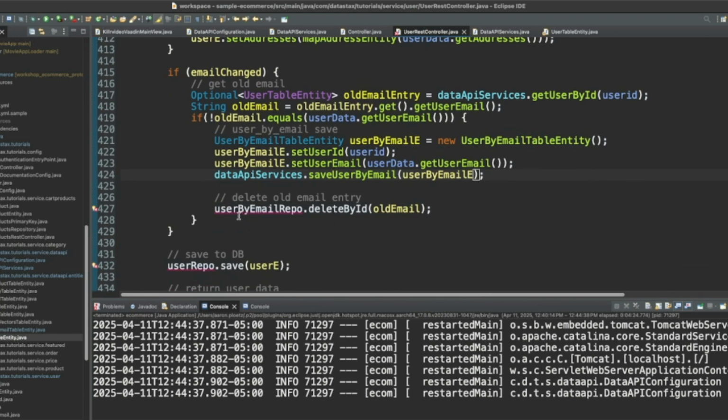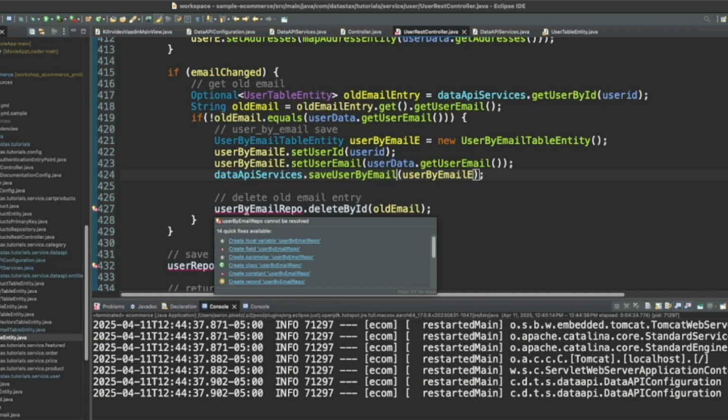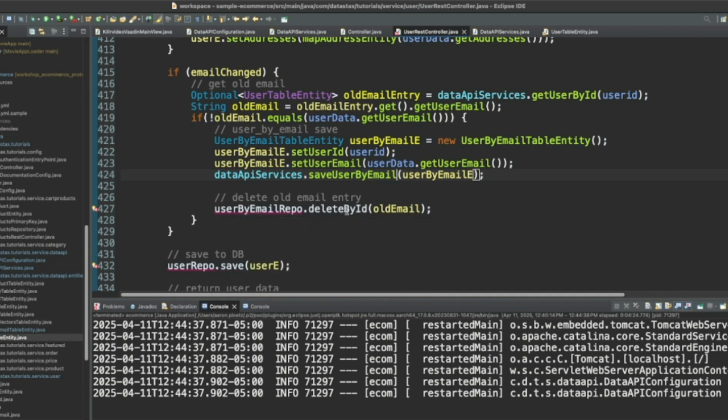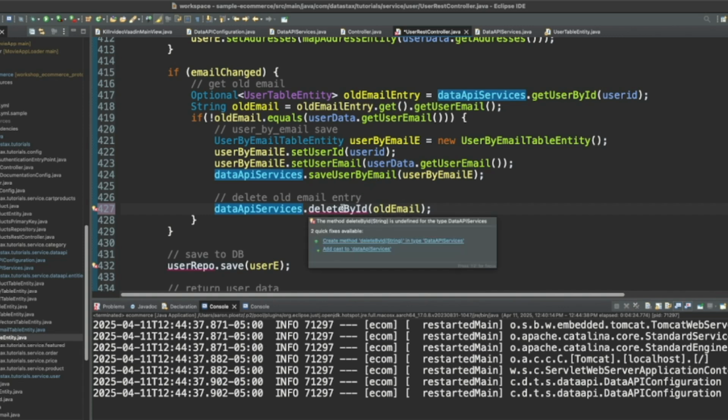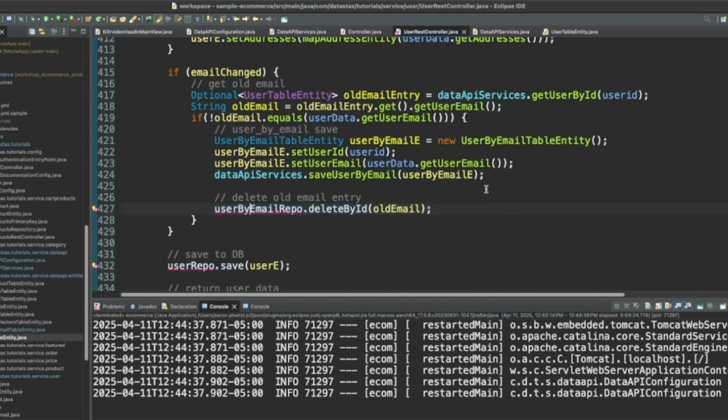There we go. Oh, and we also have an old entry here that we're deleting. So in this case, it's going to be delete user by email. Yeah. Delete user by, we'll just say user by email and then old email.